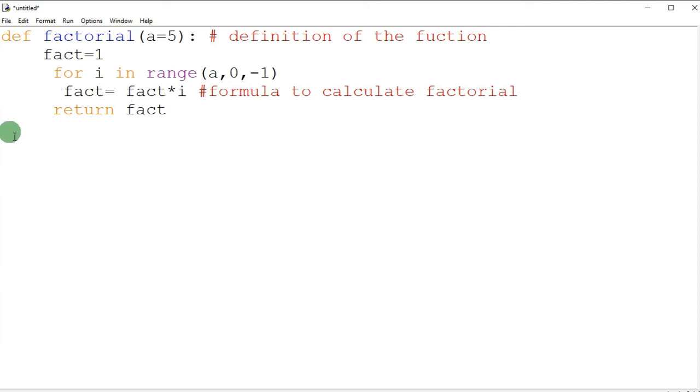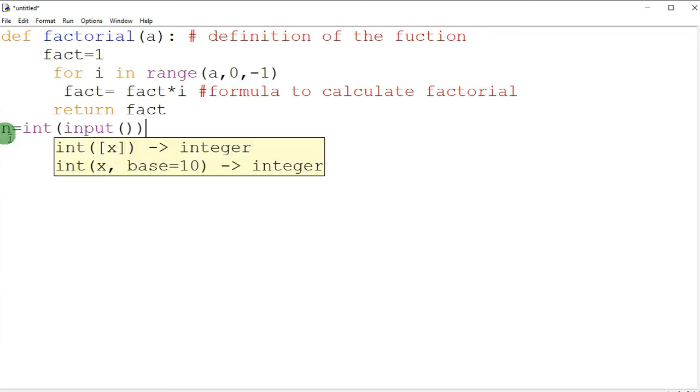Now we need to take input from the user, meaning how we will get that number, the number which we have taken here as 5. I want to take it from the user, so just take a number n equals int input, and then enter the number.